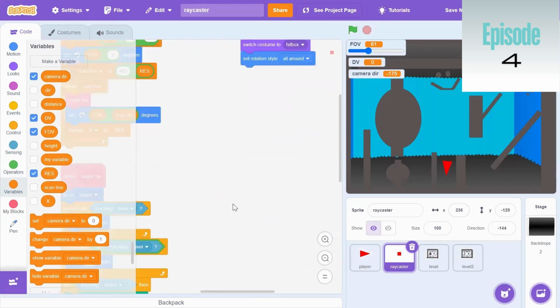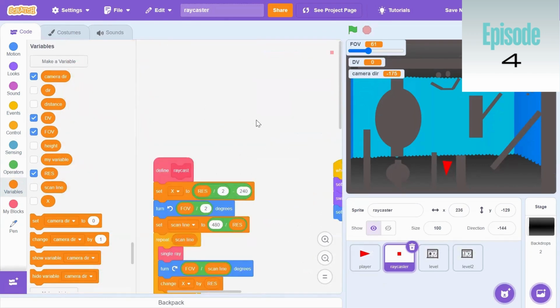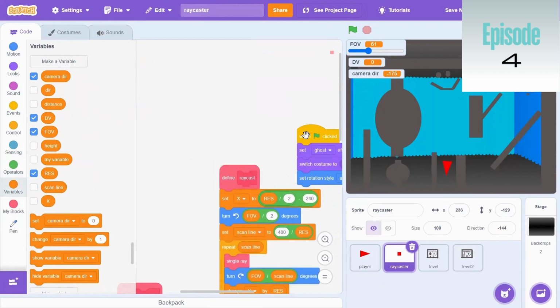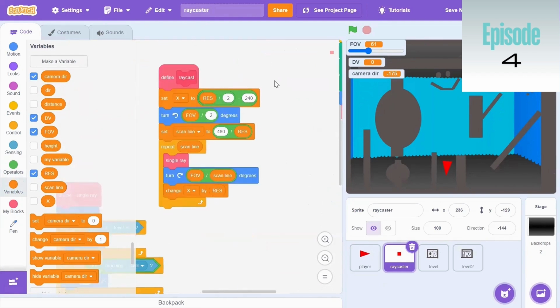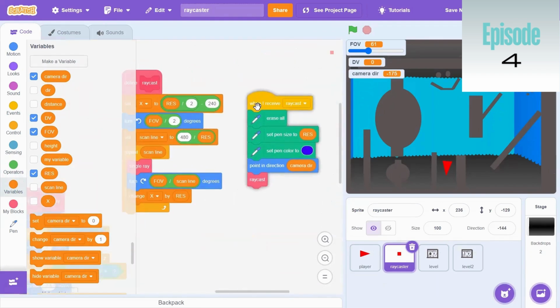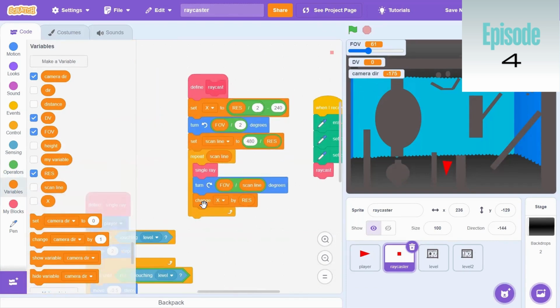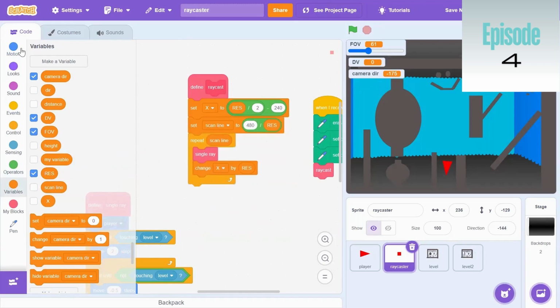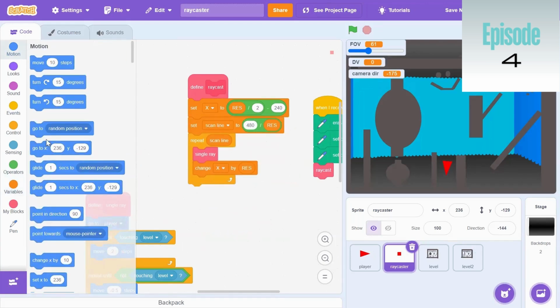And over here in the raycaster now, we're going to want to grab these two blocks. We can put this away. So all these blue blocks are for pointing in directions. We don't need that anymore. We're going to make a new calculated point in direction block that will replace all the other ones. So point in direction